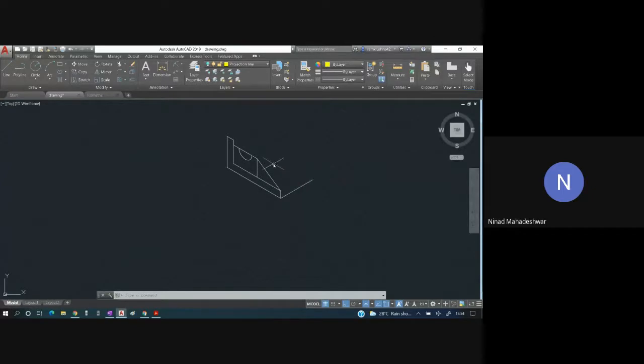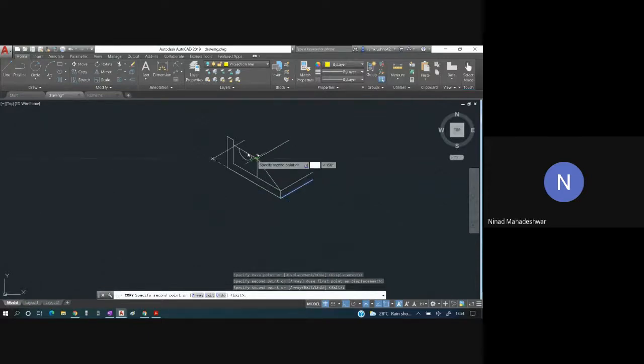Now, whatever corners you can see over here, you have to paste that breadth over there. Understand this part carefully. So I'll copy this from here. This is the base point. From here, paste it over here.